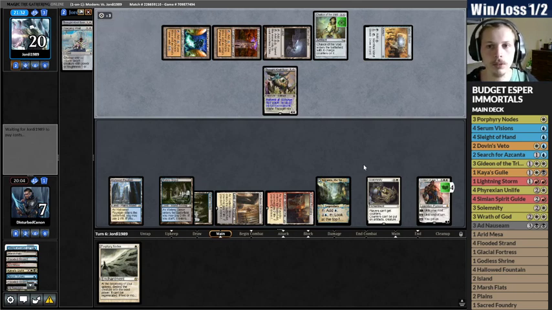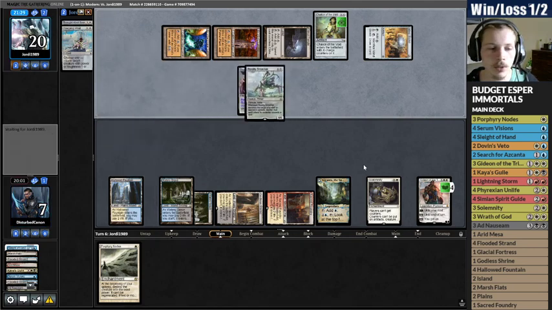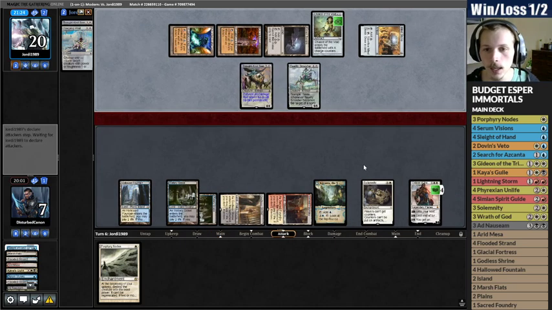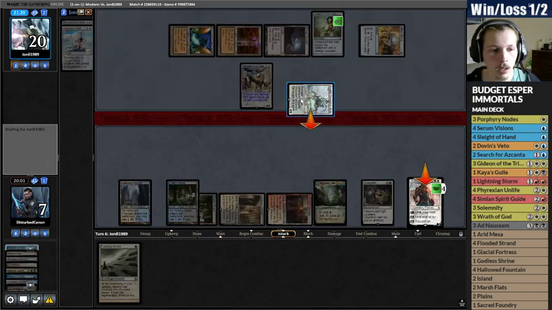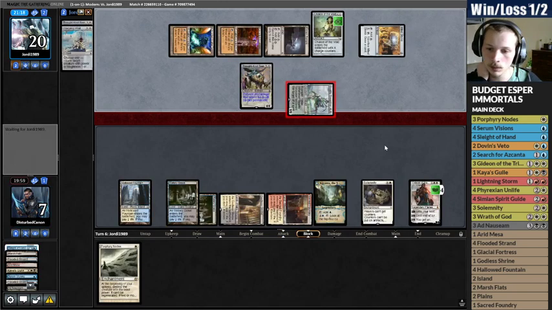This looks like a Reality Smasher. Please say no. Nope, that's a Reality Smasher. Alright, so they get to kill Gideon right here, or just put us down to 2 life. Either of which is bad. If you didn't know, that's bad. We'd be dead if we hadn't drawn the Gideon, though, so I mean...